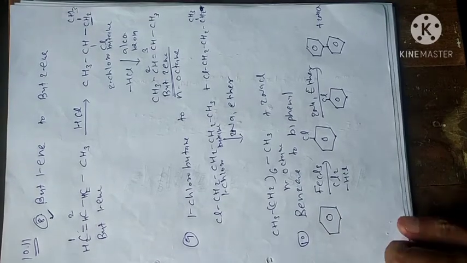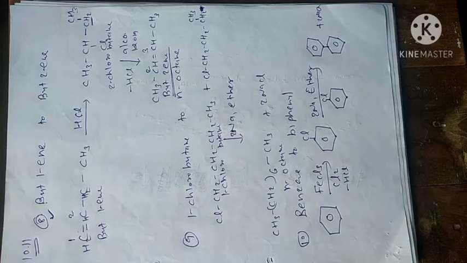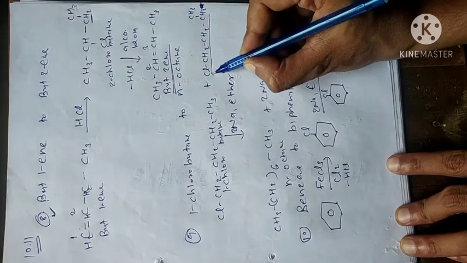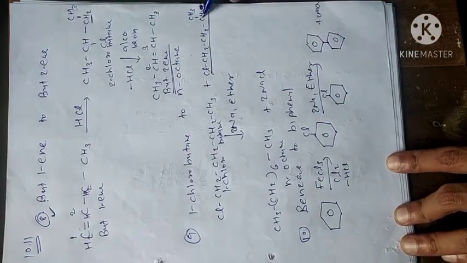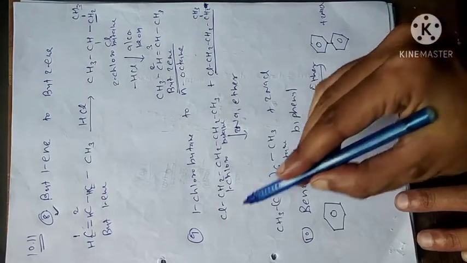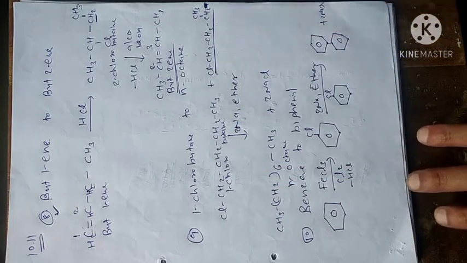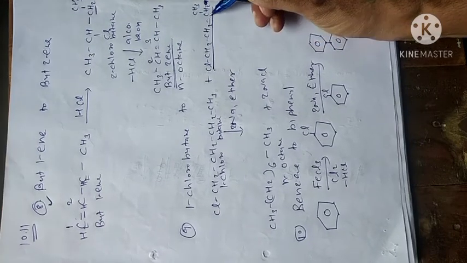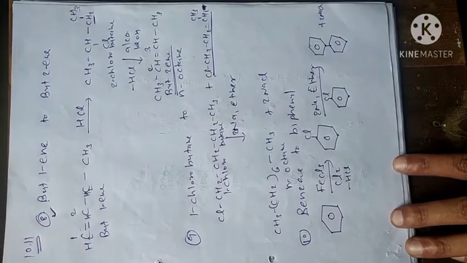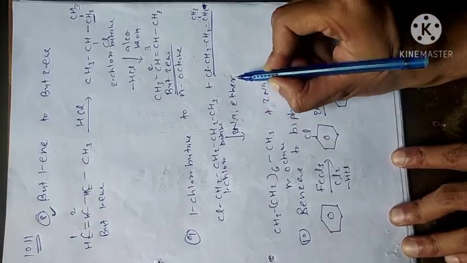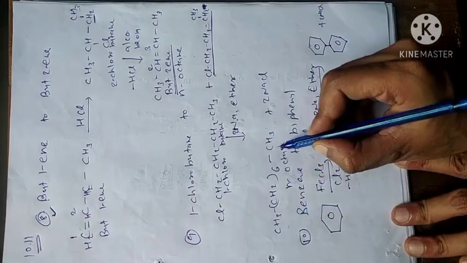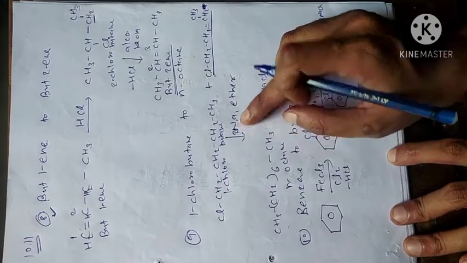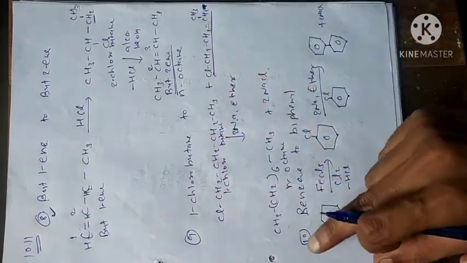So whenever increase in carbon is there in halide compound, remember Wurtz reaction. For that I am using a second starting material in which 4 carbons are there, because we require 8 carbon and we have only 4 now. So another starting material will have 4 carbons in it. You can see this one is our second starting material. In Wurtz reaction use 2 sodium in dry ether. So you will get octane plus 2 NaCl. Just remove these 2 Cl and combine with Na. Remaining part, join them. So you will get octane.